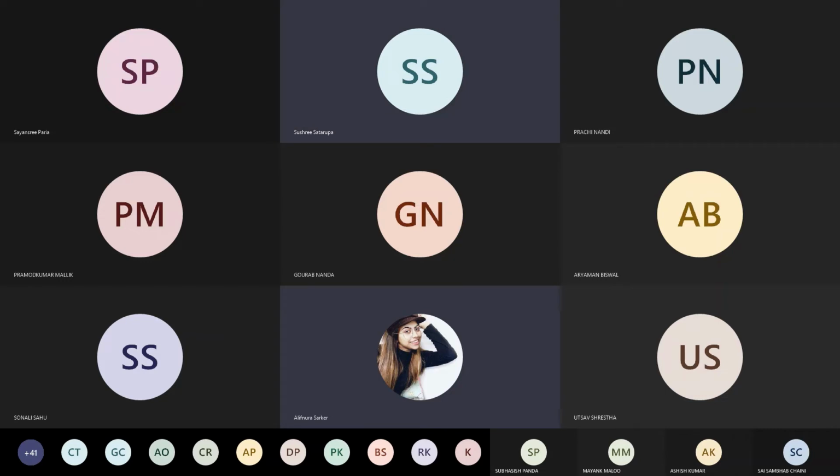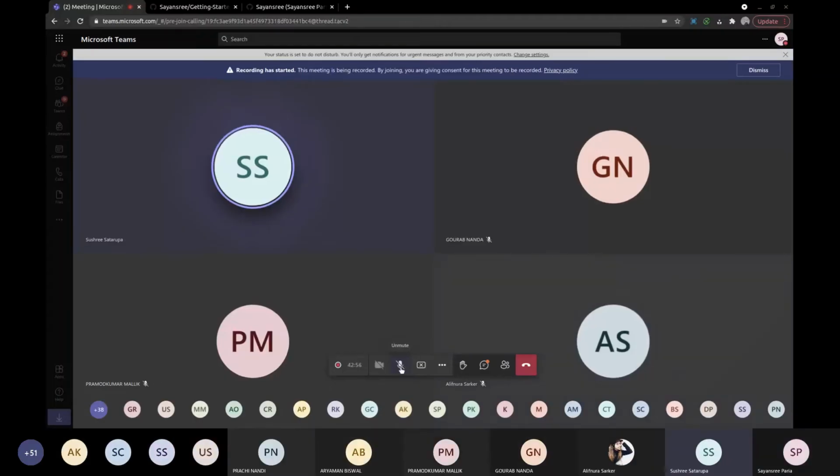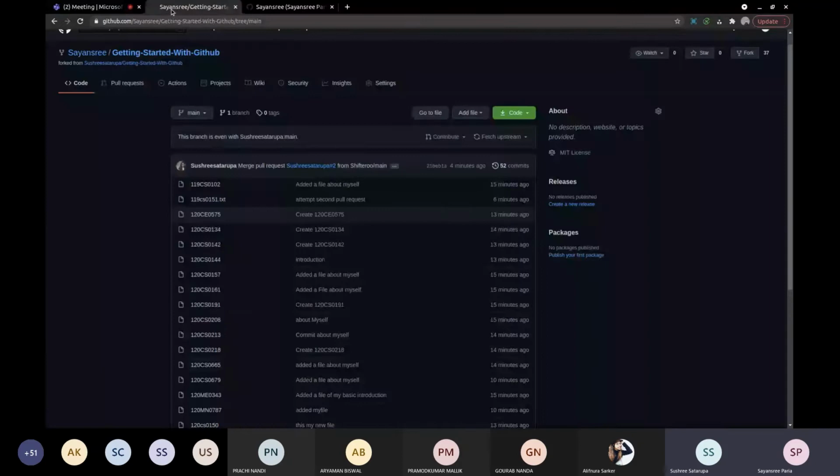Can you show the last part again? We go to code and then what do we do? And how do we fetch it? Since you have to share the screen, because I cannot find the options. Do one thing. Refresh the page or reload the page so that you can see how much my repo is ahead of your repo. You can see that after reloading the page.